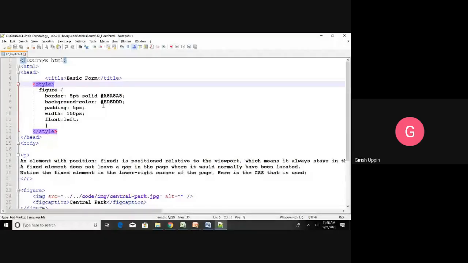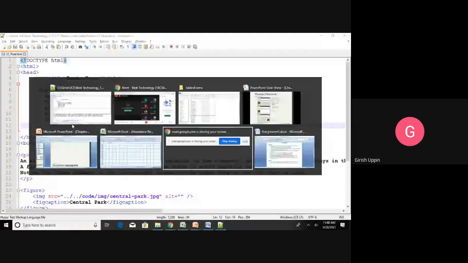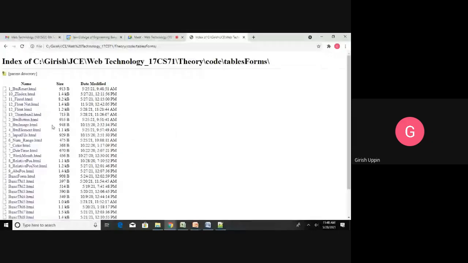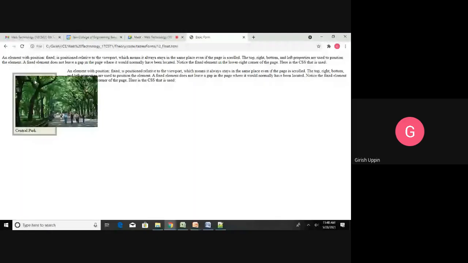Let me load that particular page. Okay, this is the float.html. So the property value is set as left now. Don't worry, the border is this one. If you don't want that thick border, you can change it.